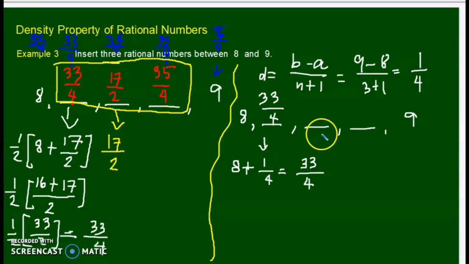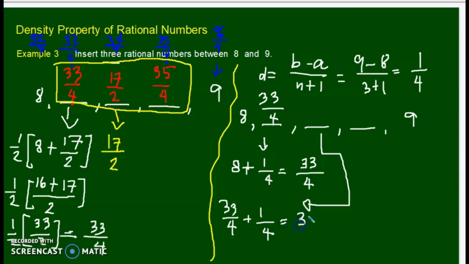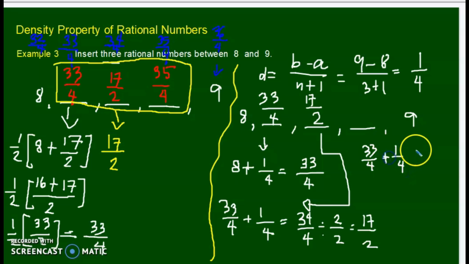So, ito naman, dito tayo. Okay, so, pwede kayo kay 33. 33 over 4, para mas madali, added to 1/4 is 34 over 4 na pwedeng i-simplify by dividing both numerator and denominator by 2, magiging 17 halves. Okay? So, 17 halves. At yung pangatlo, ay, gamitin natin yung 33 over 4. 33 over 4 added to 1/4 is,